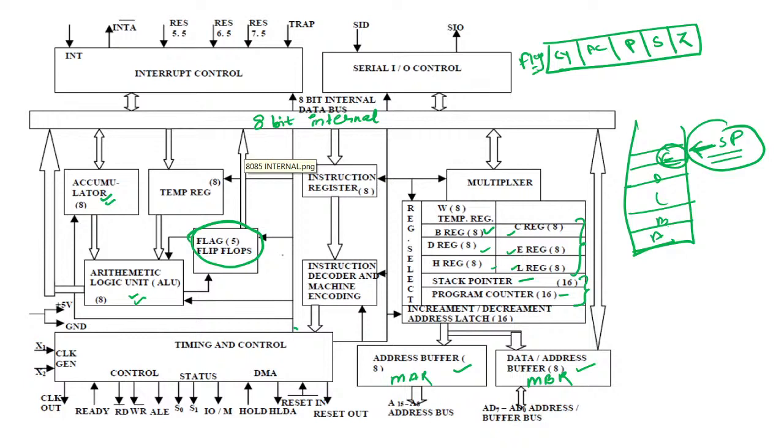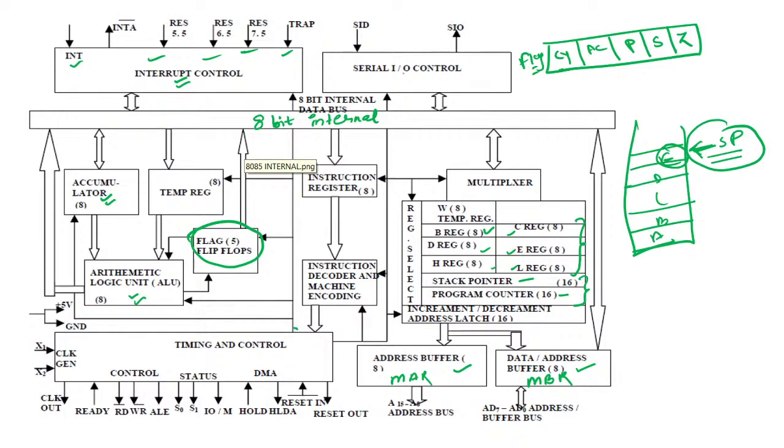Right. So we have an interrupt control. In the 8085 microprocessor we have 5 interrupts, that is INTR, RST 5.5, RST 6.5, RST 7.5, and TRAP. Okay, these are the kinds of interrupts in the 8085 microprocessor. And then we have an interrupt acknowledgement line. So whenever the CPU receives any interrupt from these lines, the CPU will acknowledge the interrupt from this line.